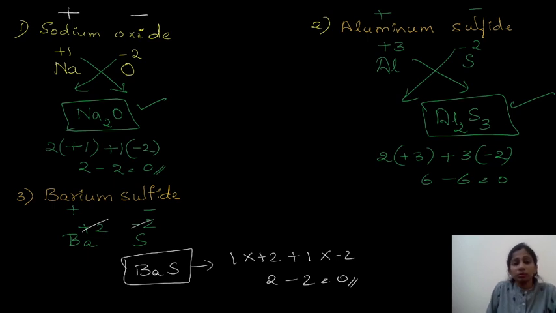One more thing you have to remember, all the cations and anions used here are monoatomic, so I'm not going to use any brackets anywhere in the formula. Okay, no using brackets for monoatomic ions. Brackets are used for polyatomic ions when they are having a subscript which is more than 1.